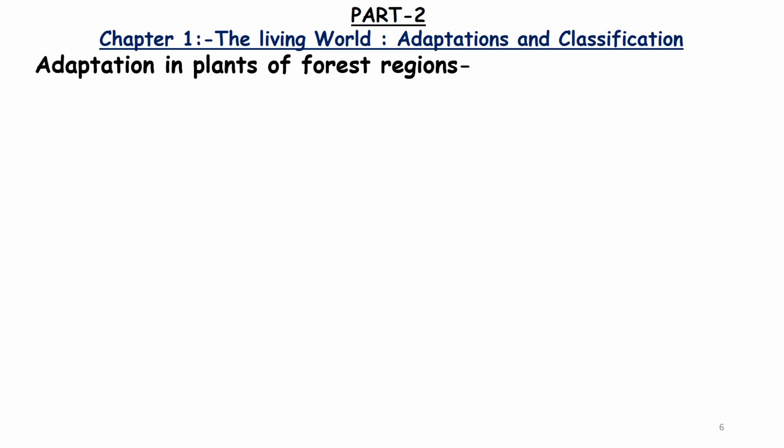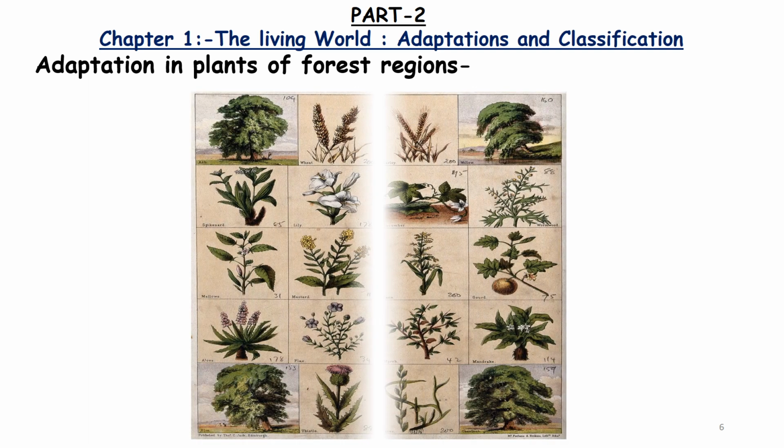Hence trees grow tall to get sunlight, and climbers and vines grow to a great height with the support of these trees. Spring-like tendrils on the stems of some climbers is an example of adaptation. Observe this picture, then only you can understand it properly. Okay? Now,